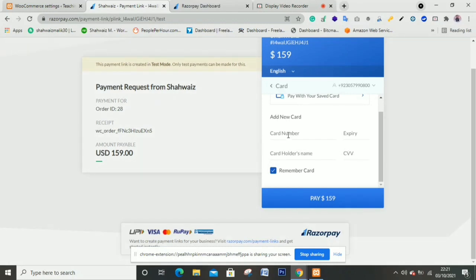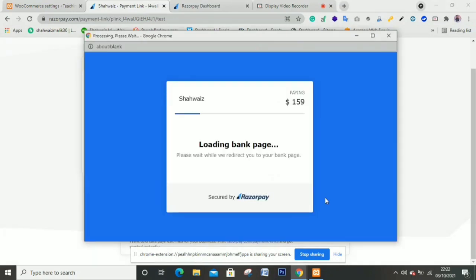I have a card, I enter the card number, but my card is not an international card, so maybe this will show an error. After the expiry date, now the card name, CVC number. Now click on pay.